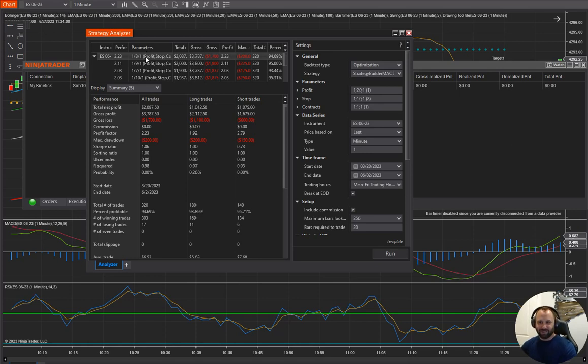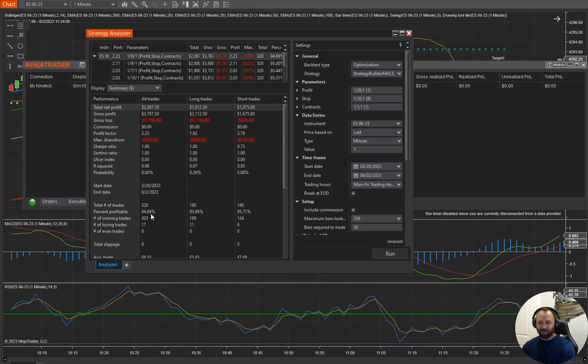And that was based off of, geez, what was this? Parameters. That was 1 tick of profit, 8 tick stop loss. Wow, I would not have expected that. That doesn't make sense to me, but this is what the backtesting showed me. So running 1 tick for profit, 8 ticks for a stop loss with 1 contract, we would have made $2,087.50. And if we scroll down, you'll see why. 320 trades,